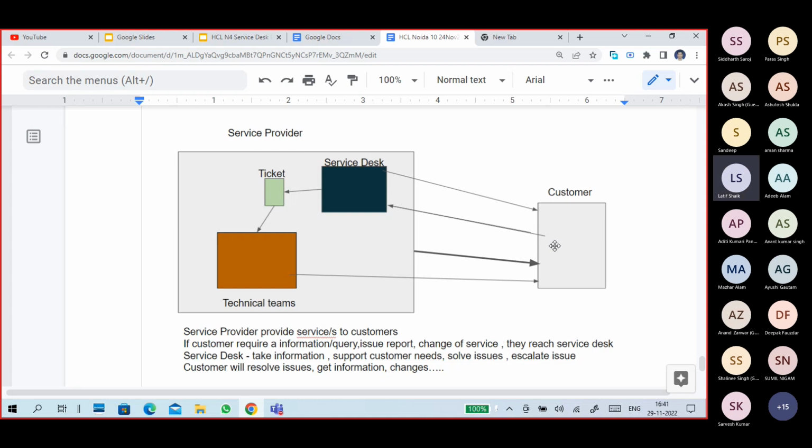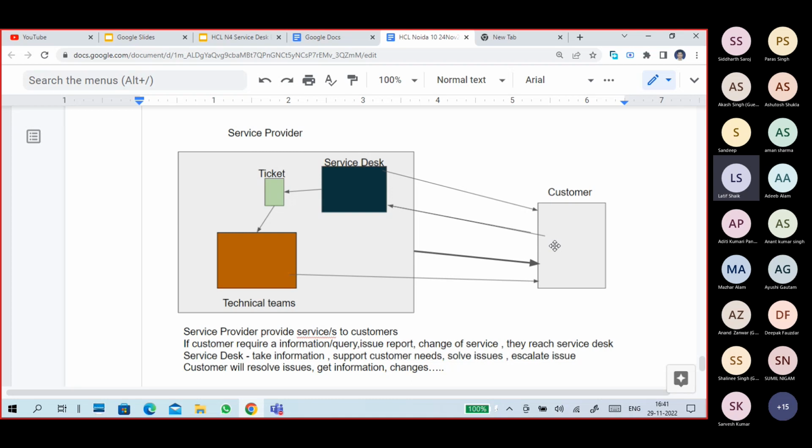And this ticket, either they assign it themselves or they forward it to a technical team, meaning a specific team, depending upon the service desk level person. Level 0 usually gives initial support, but it is mostly self-help type only.